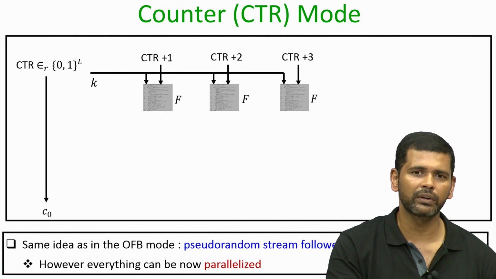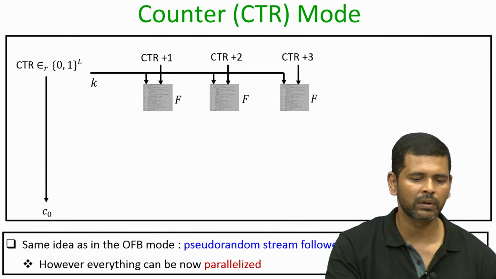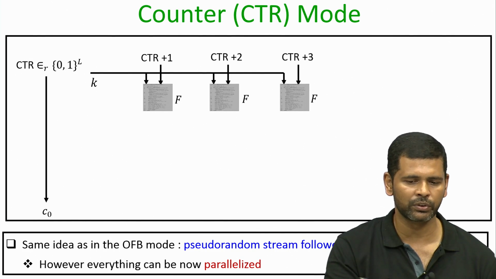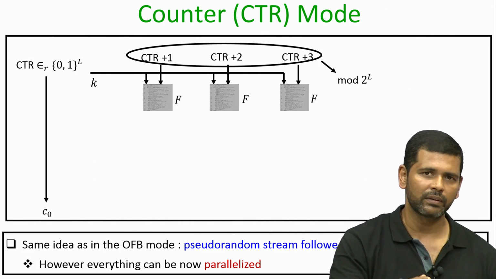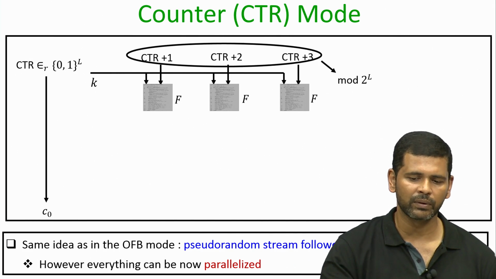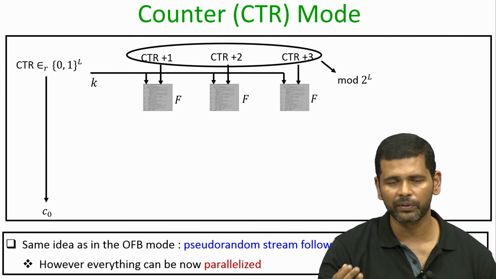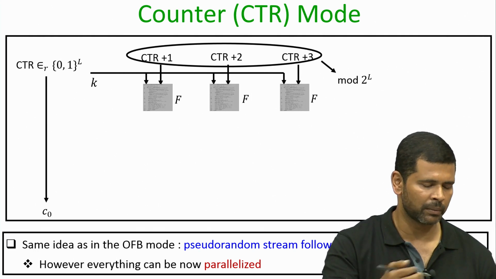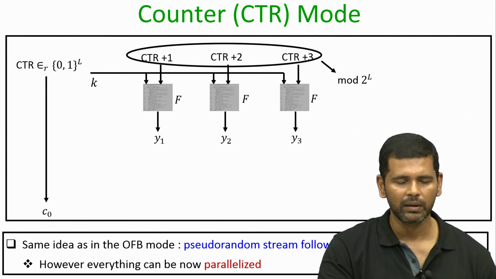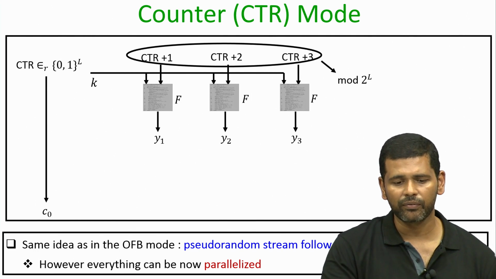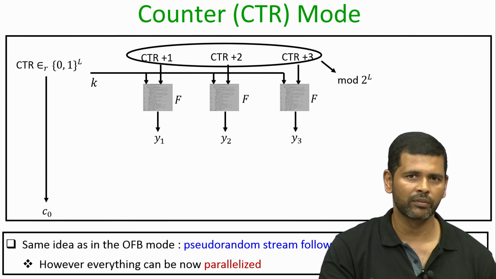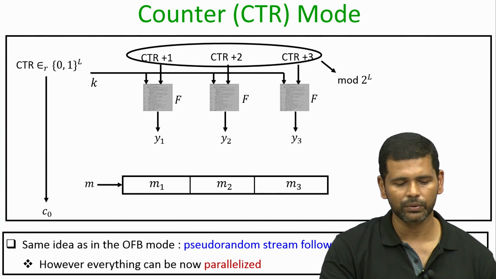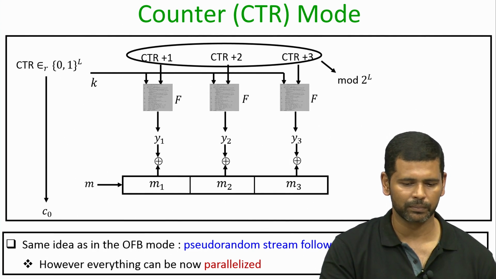The way we generate the pseudo random stream of pad is as follows. The first invocation of your function f will be with the input counter plus 1, the second invocation of the function will be with the input counter plus 2 and so on. That means all the subsequent invocations of the function will be with an input which is one more than the value of the counter used in the previous invocation of the function f. And once the function f is evaluated on these inputs, we get the pseudo random stream of blocks of pads which can later be used to actually mask your message for the encryption, right.